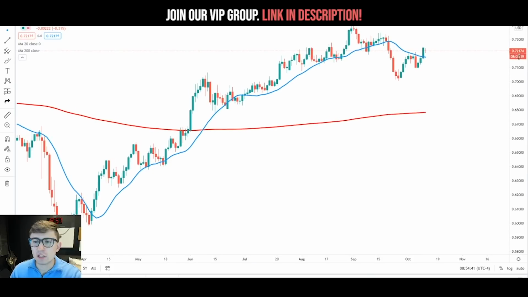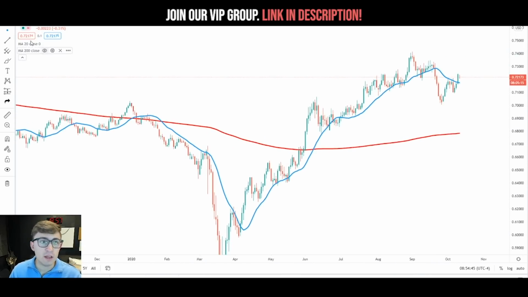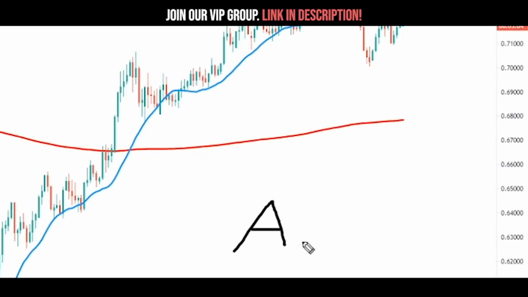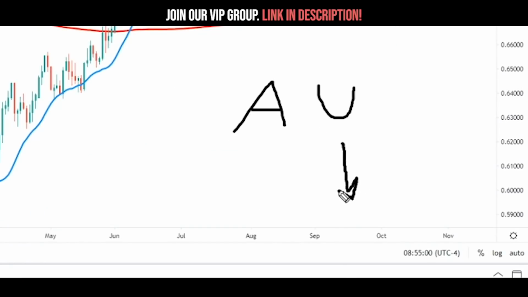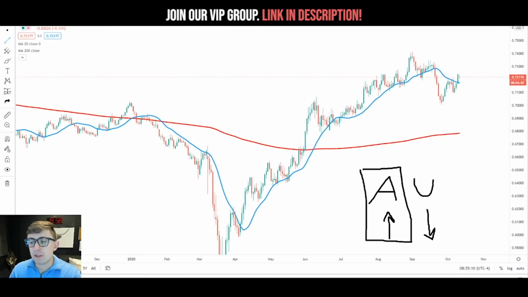Now, let me give you guys a little bit of the bullish and bearish case here on Aussie dollar. The bullish case is that we have seen, again, incredible buy the dip opportunities all the way up on this move. And in fact, a lot of people are still preferring the Australian dollar over the US dollar because of how much printing, or fear of the US dollar, there is right now. People are preferring things that are a little bit more risky, like the Australian dollar, right? I've said this many times on my channel, but usually during times of fear historically,